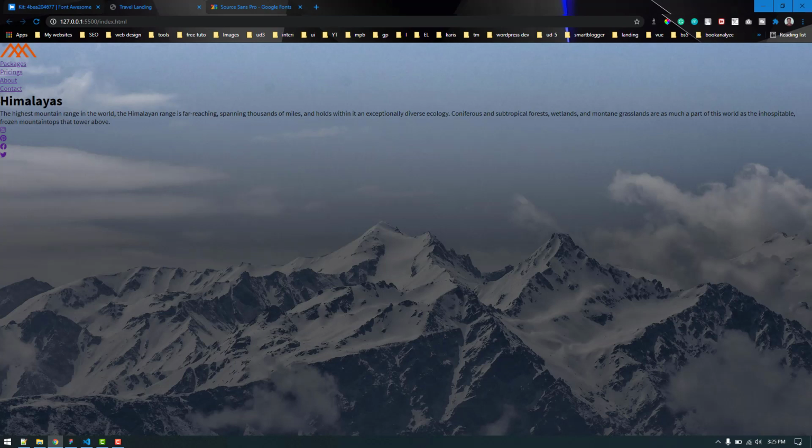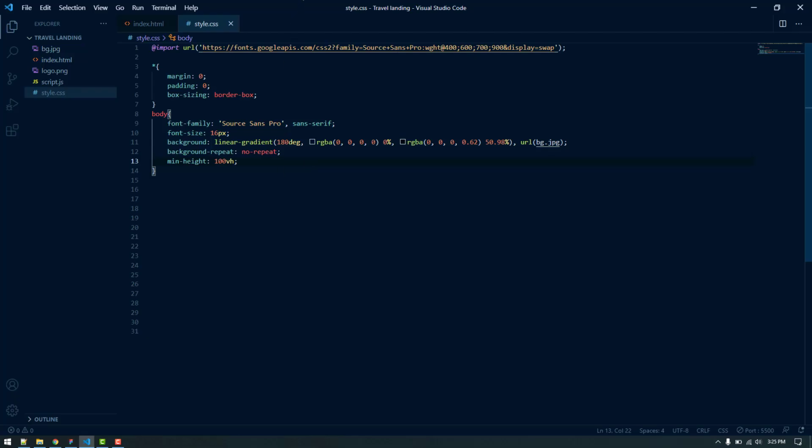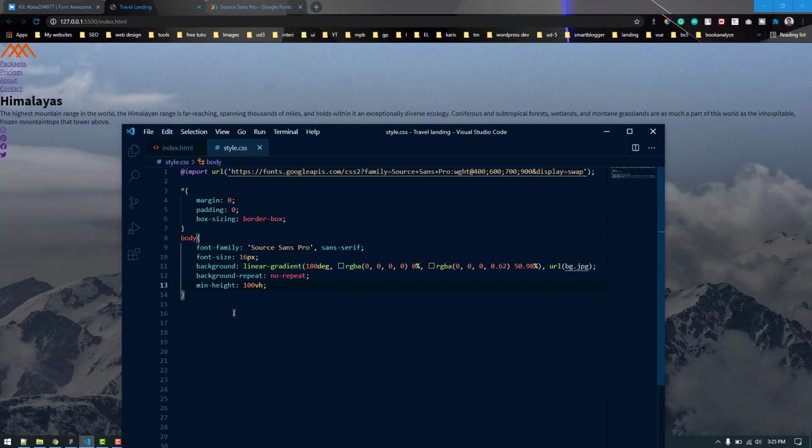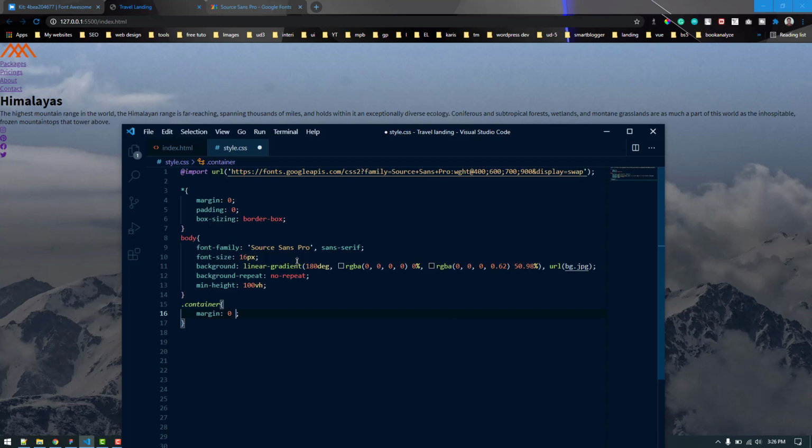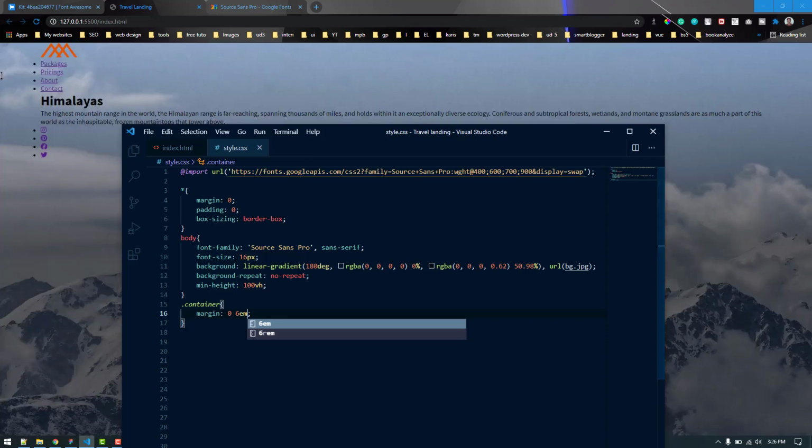Okay, at first we are going to style these two here, then we will style the navigation bar and these stuffs. So let's first do that. But before getting into that, we need to work on the container because this has no padding and margin around it. So let's target the container, and for the container let's get a margin, and from the top to bottom we don't need any margin, so it will be 0. From left to right let's try 6 mm. Now it has this little gap here and also at the right side.